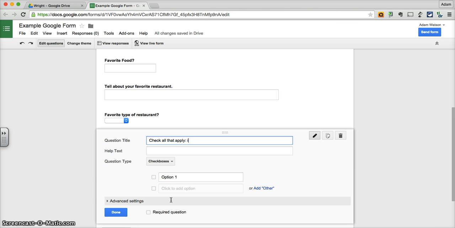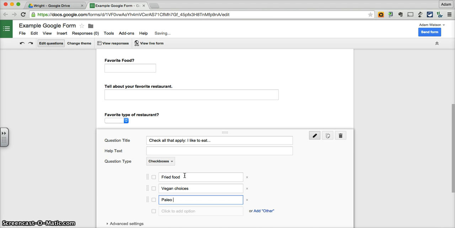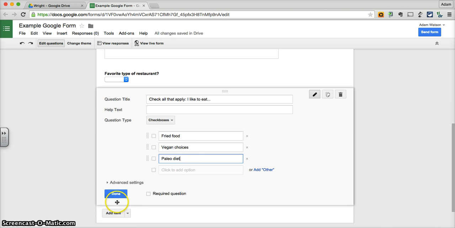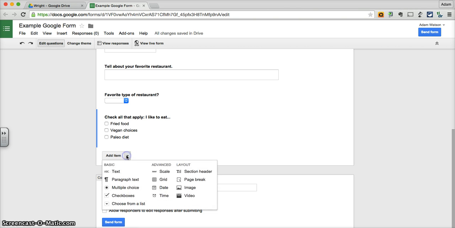Okay, I like to eat fried food, vegan choices, paleo diet. Again, you get the idea here. And the idea here is that they could check one or more of those boxes when they actually answer that particular question. And let's see, as far as the scale, the option here,